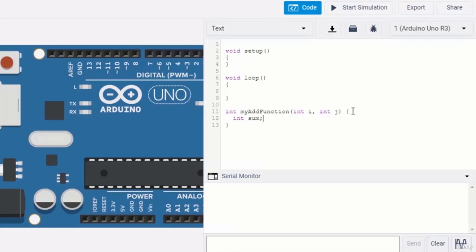So now for me to manipulate my variable, I simply call the variable on the next line, which is sum. Then sum will be equal to an expression, i plus j. Then I close the statement with a semicolon. So next I type